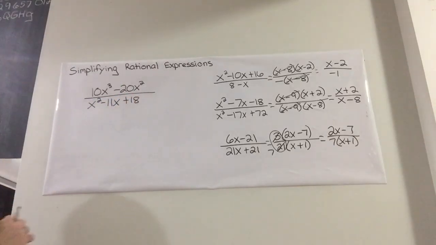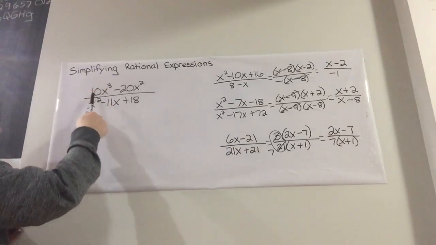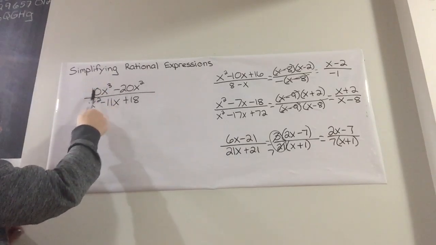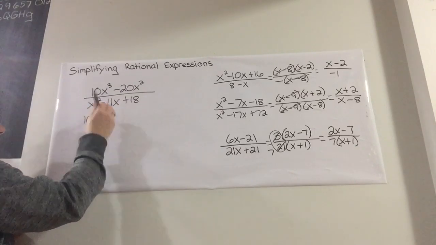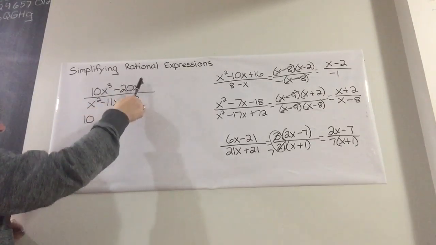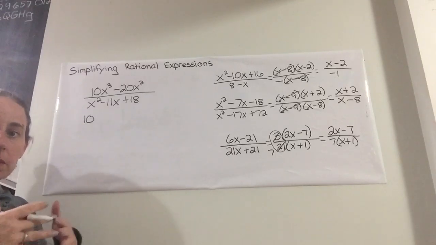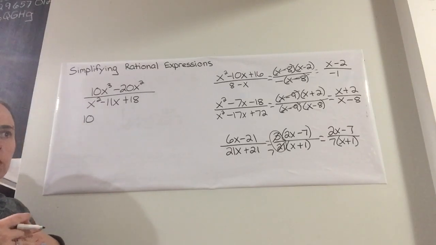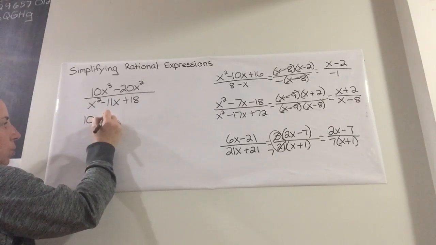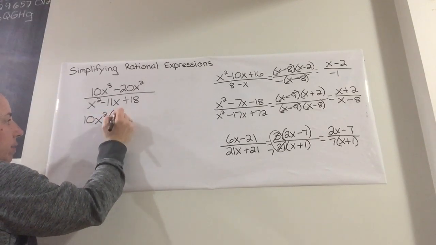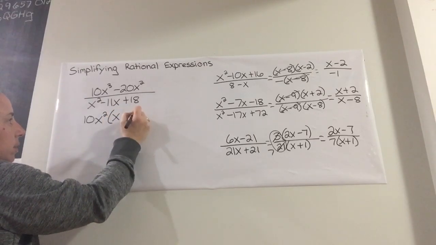Okay, so we need to factor both the top and the bottom. Now on the top, a 10 goes into both 10 and 20, so I'm going to take that out. Also, x cubed, x squared. So you want to take out the lowest one that there is, so I'm going to take out an x squared. So I am left with x minus 2